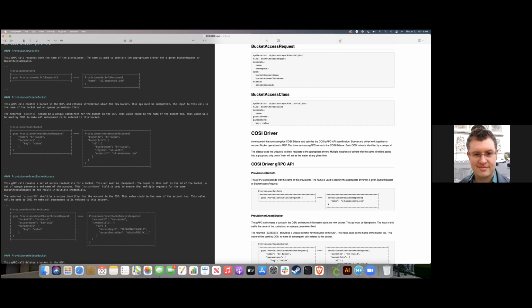I wasn't thinking of making it all a secret, but you're right that some of the information is secret, and if we just put it all in the bucket access, we have a security problem. So we'll have to put it in a secret. Yeah, if you could somehow put part of it in the secret and part of it in the bucket access object, that might be a little bit nicer. But I sort of see where you're going.